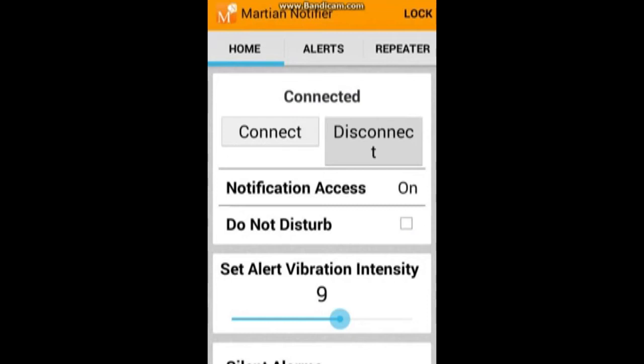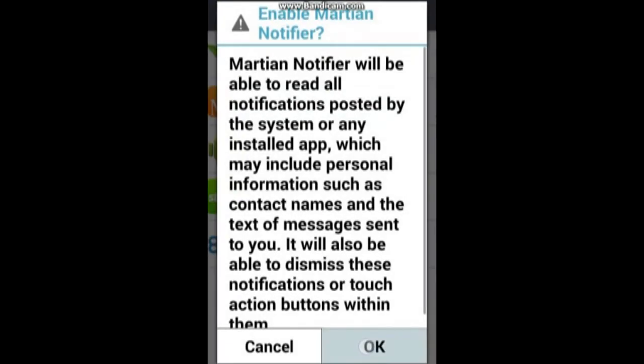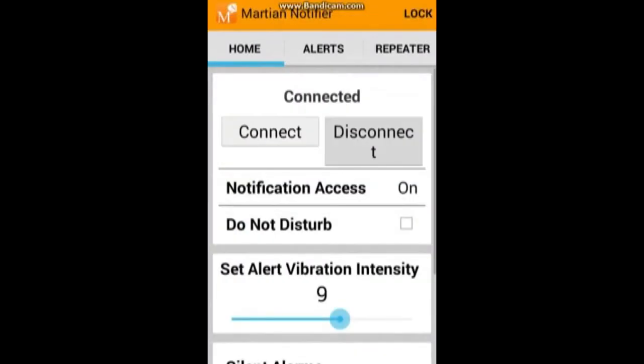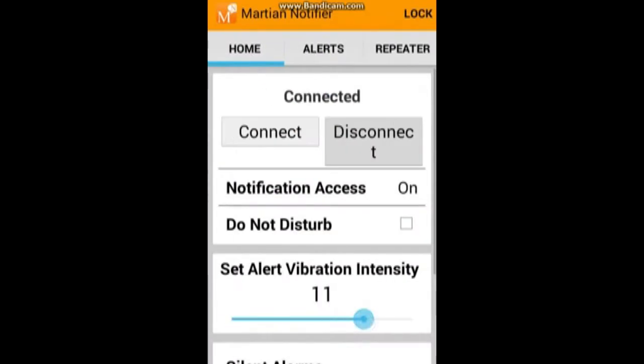Now, if using Android and iOS, it'll ask for notification access. We will go ahead and give it its access. Now from the app, you can set how hard the watch vibrates, 15 being very intense, and 1 being less